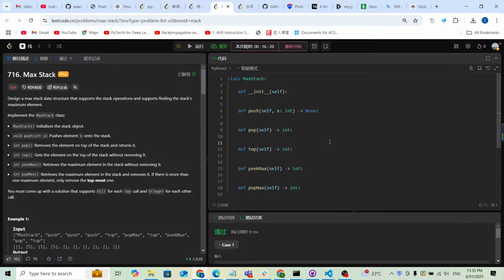It is called a max stack. Because there are peekMax and popMax, those are the max methods, and the others are the same, like top, pop, and push. We're going to use a data structure called a sorted list to solve the problem, because with the sorted list,